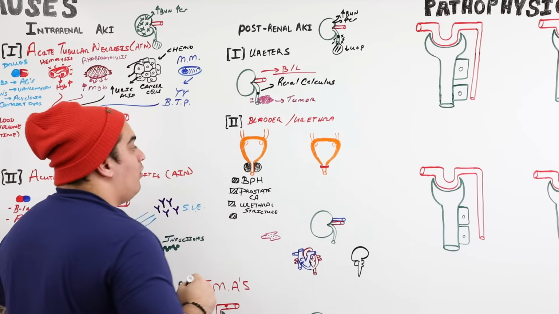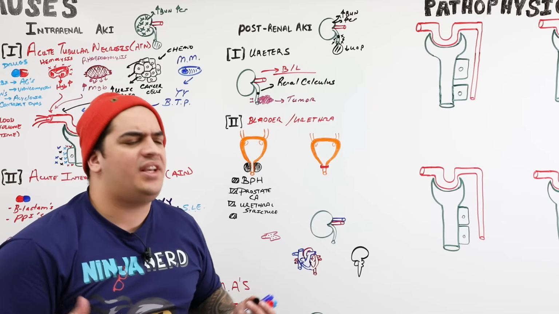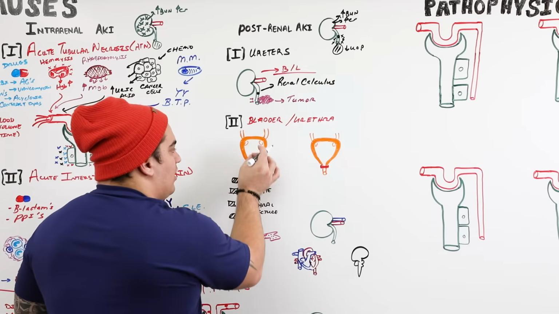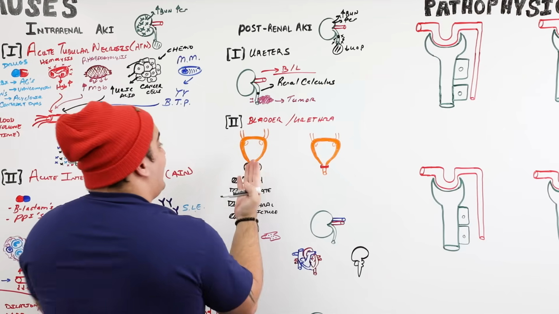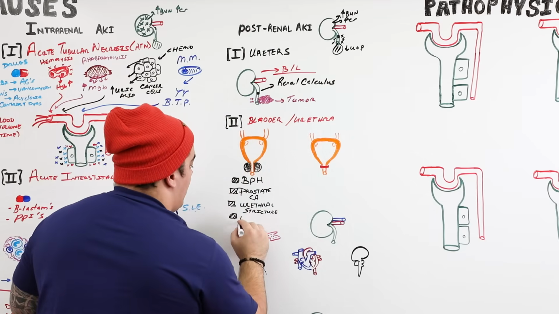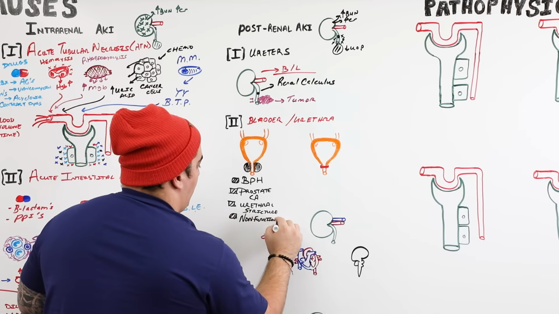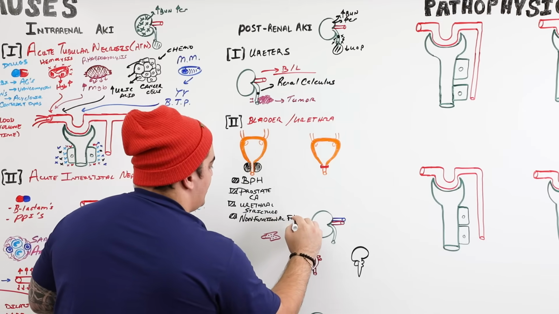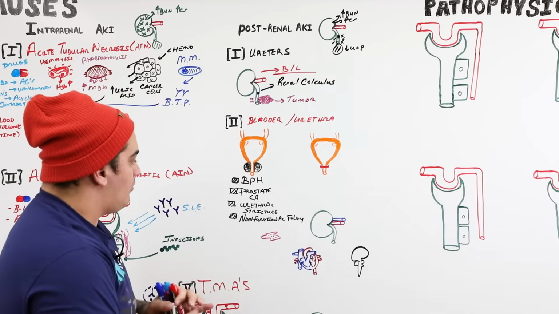And one more. Sometimes in patients who get Foley catheters, the catheter may not be functioning for some reason. It could cause less urine to come out via the Foley if it is non-functional, and again that can cause the pressure to build up back through the ureters and into the kidney. So we can say a non-functional Foley, which isn't too common, to be honest with you, but something to think about.